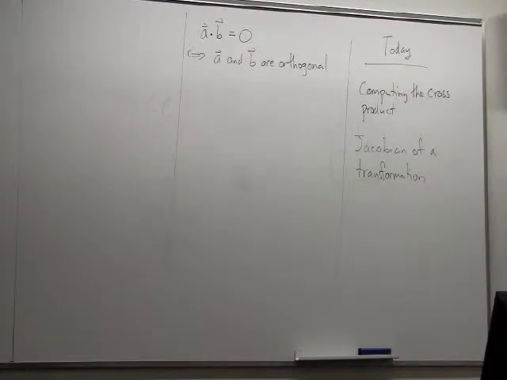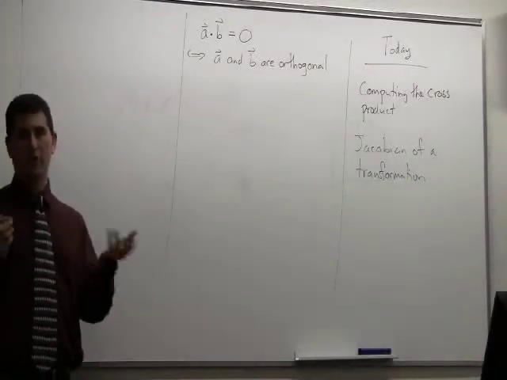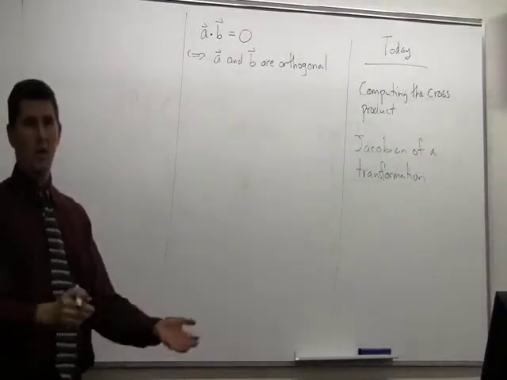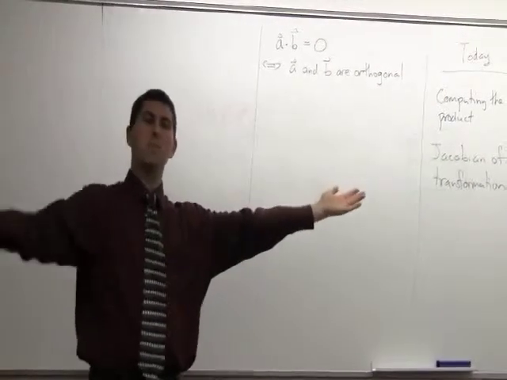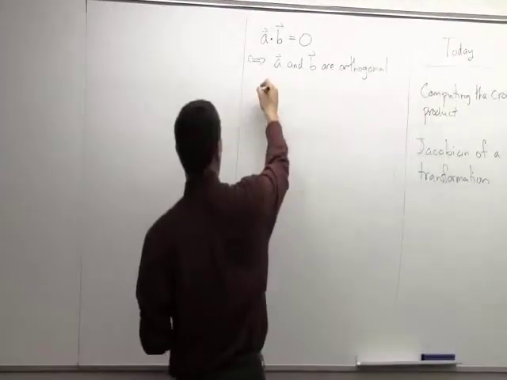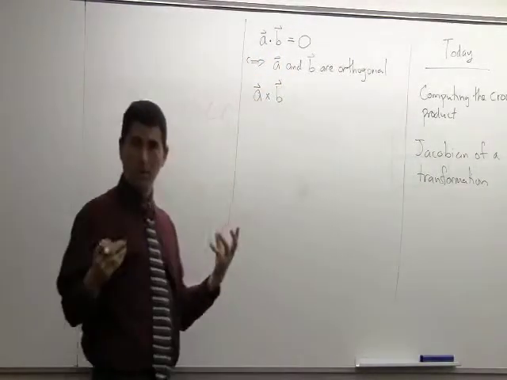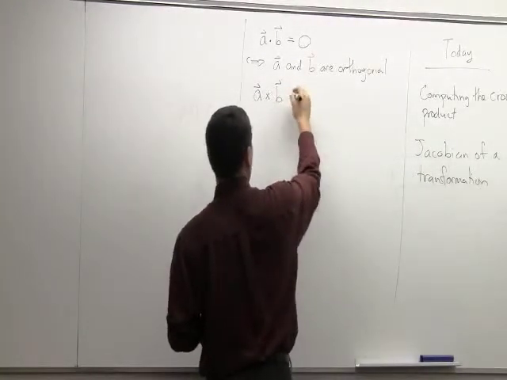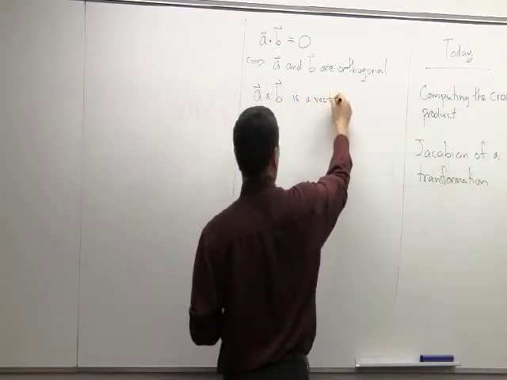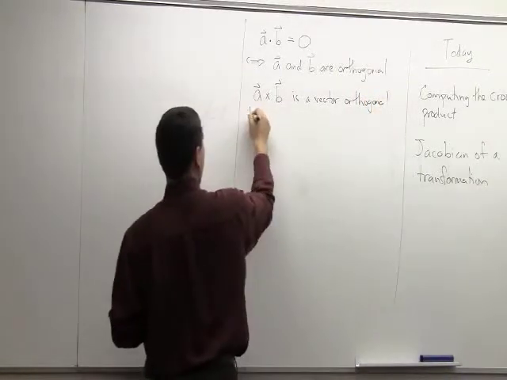And then the cross product was written down because we wanted to find out when two vectors were parallel. Right? Or an alternative question that gave it to us was, if you have two vectors like this, can you write down a vector which is orthogonal to both of them at the same time? So we had this A cross B. Now, A dot B was just a number, but A cross B is actually another vector. So this is a vector orthogonal to both